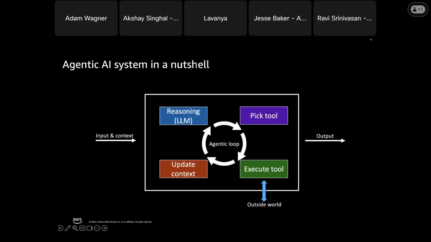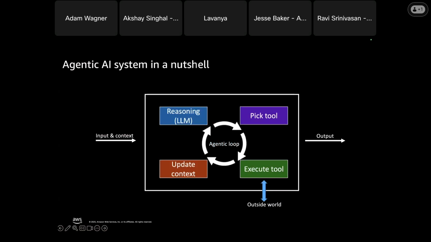We have an input that comes in along with whatever additional context we send in with it. That's almost always going to be a system prompt and a description of tools at the minimum. There might be other things too. And then the LLM is going to do some reasoning. It's going to say, what do I need to do to accomplish this task that I've been asked to do?